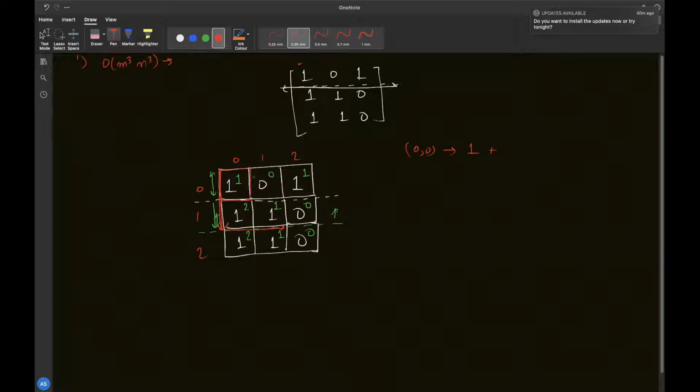but the top width that we have to extend, keeping this as a top left corner, will not be extended to 2. Why? Because we'll have a 0 here, right? So how much width can we extend? We can only extend this much width, right? And with this much width and this height, how many rectangles can we form? Just think about it. That will be the minimum of this 2 and 1. So what will be the minimum of this 2 and 1? 1. So with 0 comma 0 as your top left corner, you can only have two rectangles.